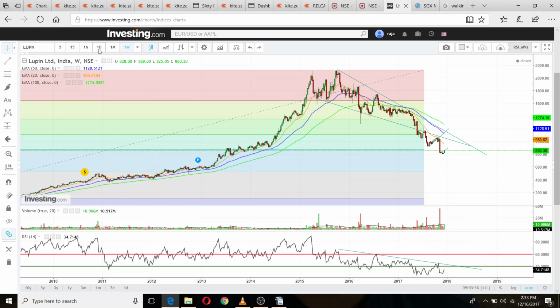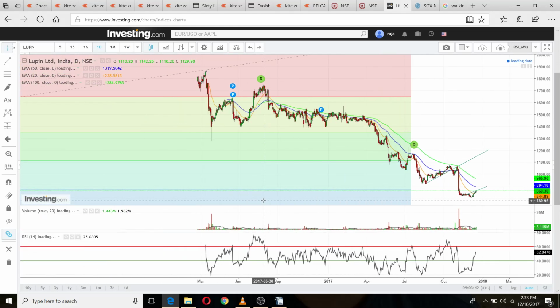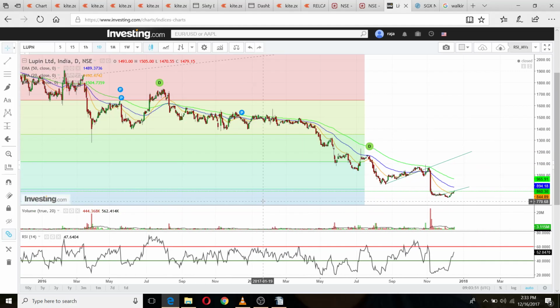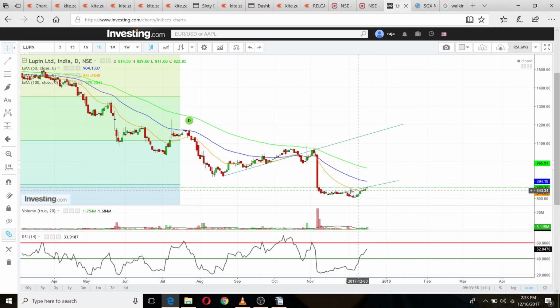Now if I go to the daily chart, on the daily chart it looks like RSI will touch 60, but then it will not be able to cross it. Here we see that on the daily chart the 20 moving average has been crossed, but very soon it is going to reach the 50-day moving average, and there it will face resistance, or at least at this level, because if you see